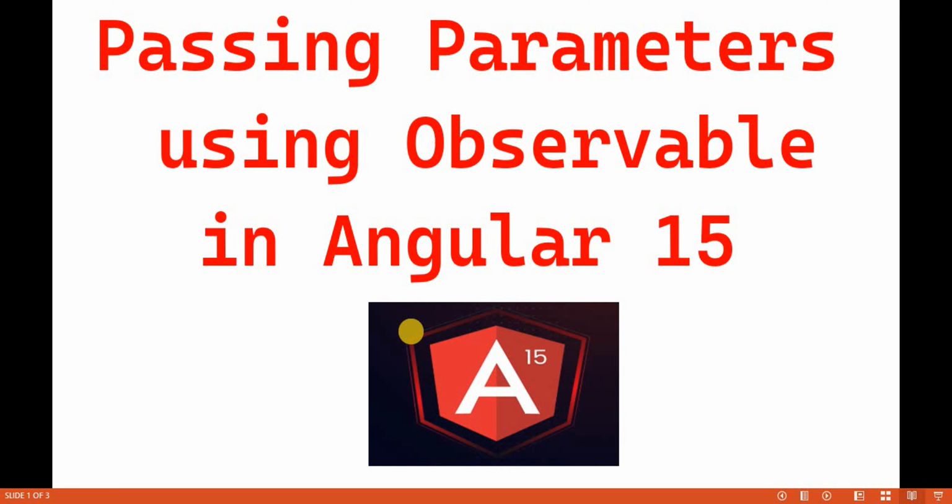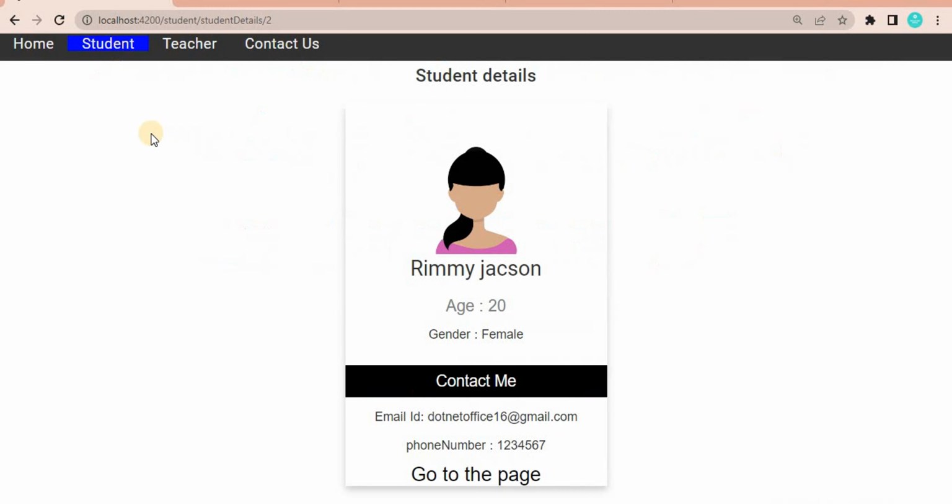In this video, we are going to discuss how to pass the parameter using the observable in Angular 15. In the previous video, we discussed how to pass the parameter using the snapshot, and we saw there is one problem when we use the snapshot, and the reason is